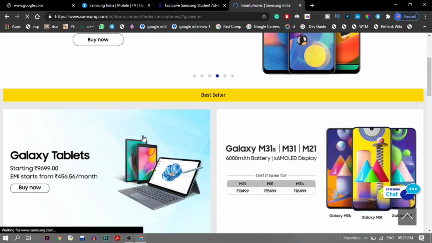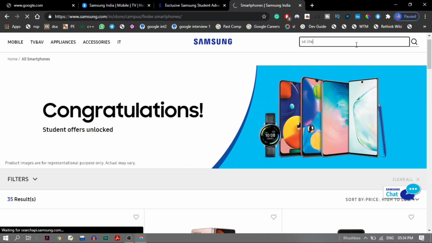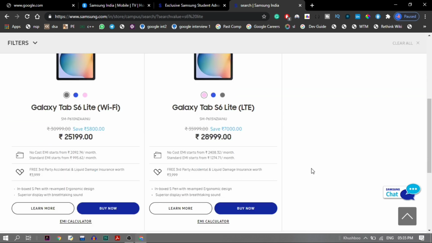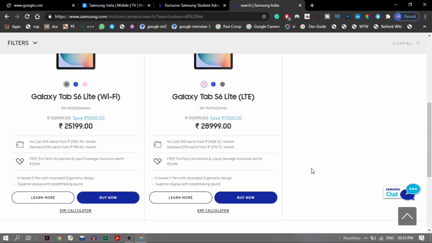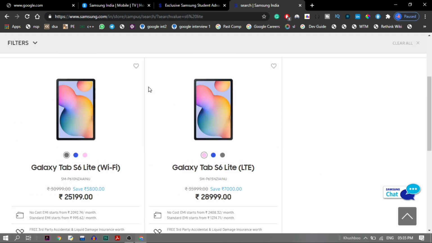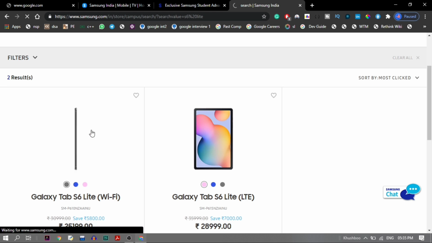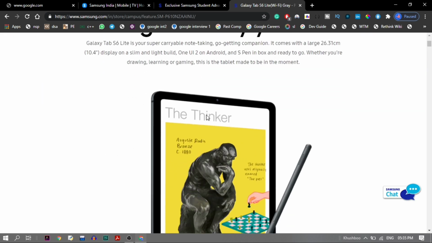So we can go to the Samsung tablets. And as we can see, I've chosen the option without the SIM because I really didn't think I needed the SIM card in my tablet, and I am not going to use it for calling. We can go to the buy now tab,